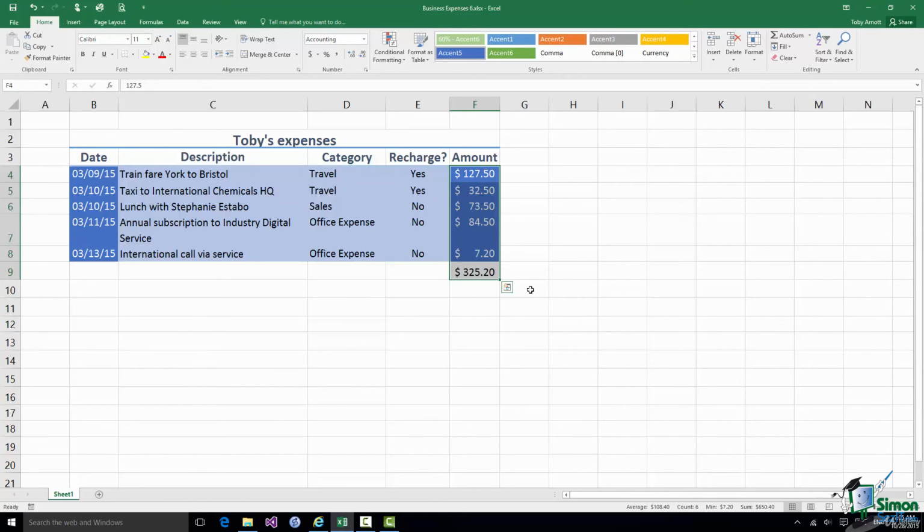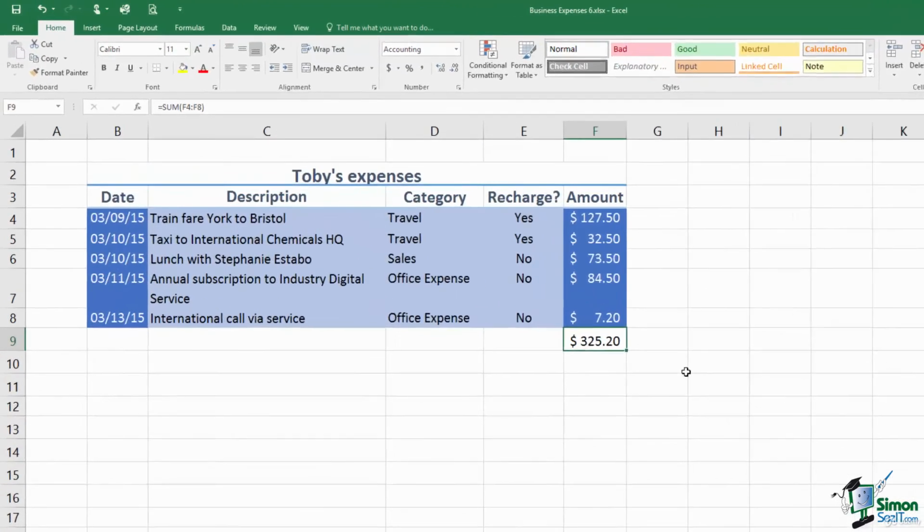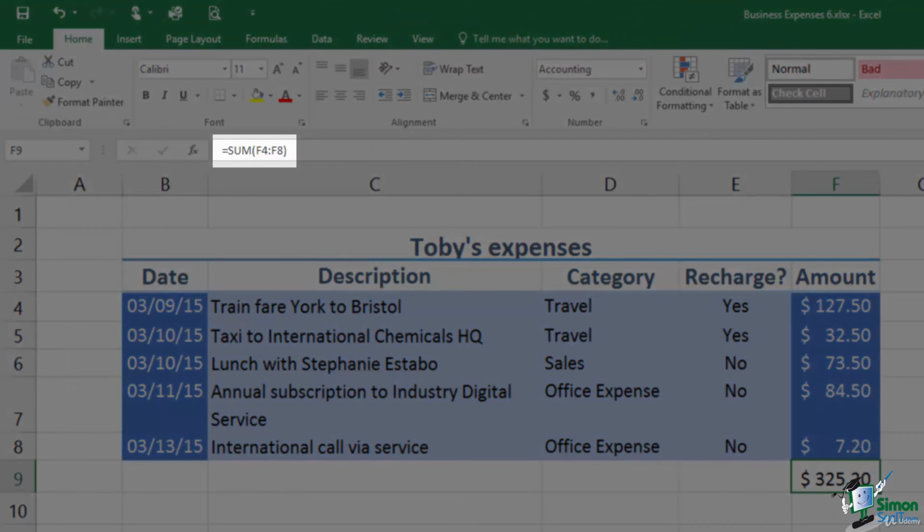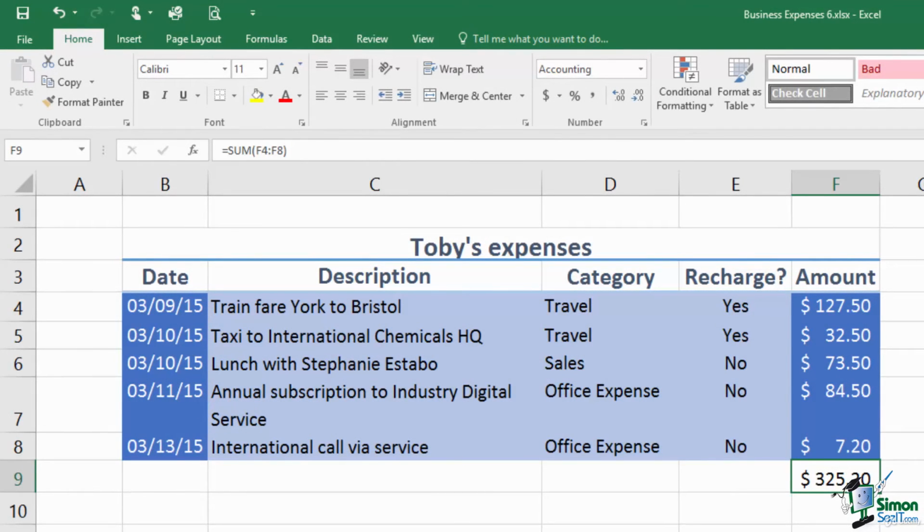And unsurprisingly, the total we get is back to $325.20, the same as before. I have a formula in F9, but it's a very different formula to the one we had before, because it now uses the Excel function of sum. The general format for a function is that you'll have the name of the function, in this case sum. Then you'll normally have a set of brackets, and then in this case what is called a range of cells. So it's a range from F4 to F8, and the range is indicated by a starting cell, then a colon,